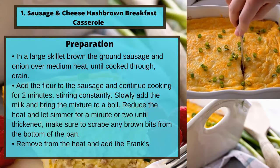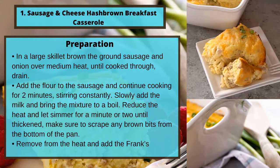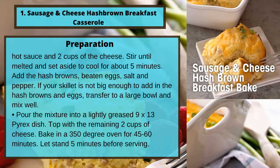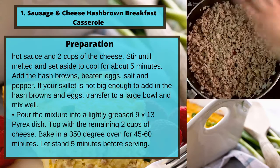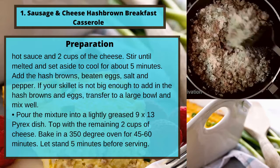Make sure to scrape any brown bits from the bottom of the pan. Remove from the heat and add the Frank's hot sauce and 2 cups of the cheese. Stir until melted and set aside to cool for about 5 minutes. Add the hash browns, beaten eggs, salt, and pepper. If your skillet is not big enough to add in the hash browns and eggs, transfer to a large bowl